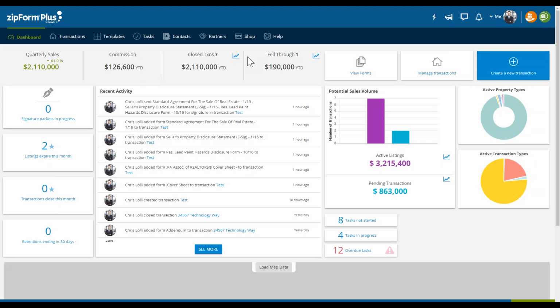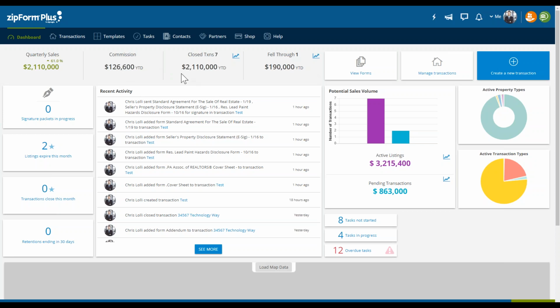So each one of these kind of has a little bit more specifics of those four, but as a whole, you want all four of those categories to be entered into any transaction. And again, that's the status of the transaction to be closed, or in fell through's case, you want it to be labeled fell through. The second main thing is an actual closing date. Then there's a purchase price, and finally there's a commission.